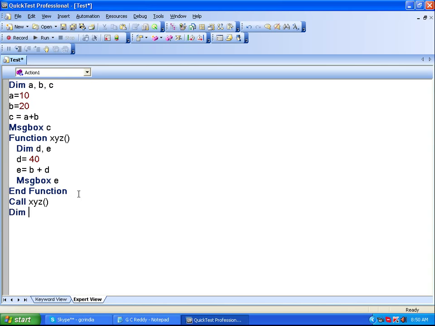Next, again dim. There are no restrictions for declaring variables. You can declare at the top of the program or the middle of the program, but declaring all variables at the top of the program is best practice. That is standard. In any programming or scripting language, we declare all required variables at the top of the program, but no restrictions. Dim d already, dim f,